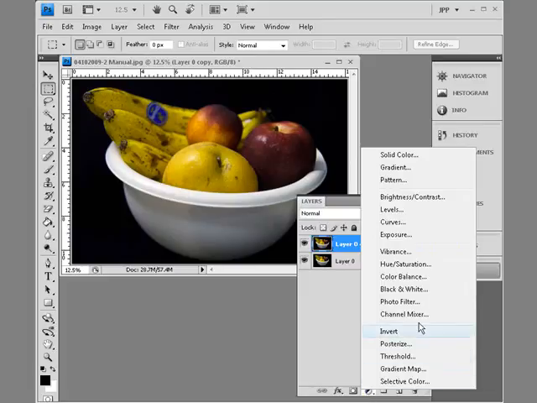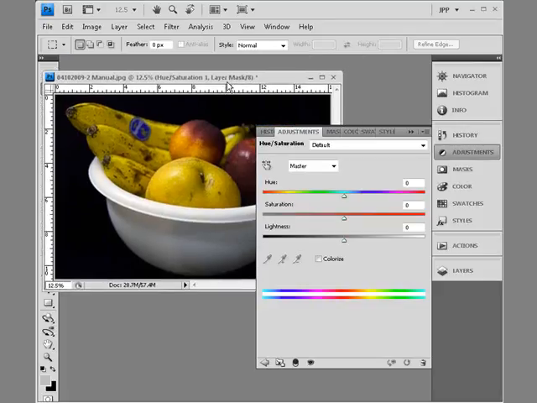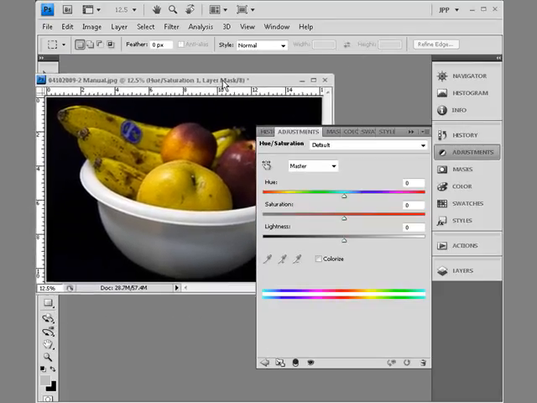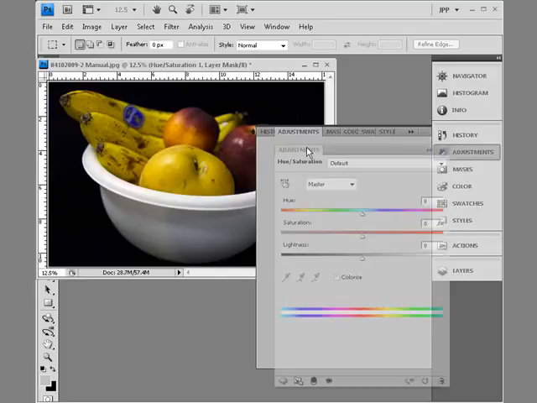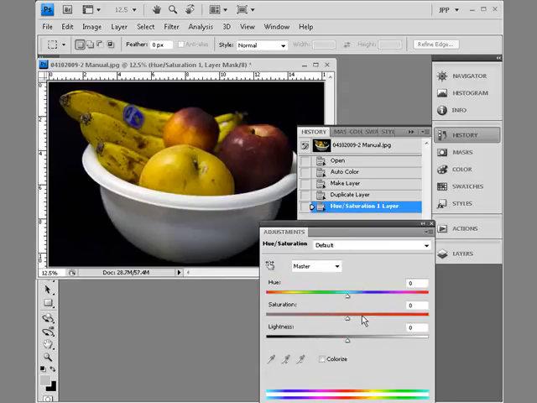Okay, and then once we do that, we'll go ahead and click on Mask Adjustments, and we'll go to this Hue Saturation, and instead of working on the master channel, we're going to go ahead and do each individual channel color. So we'll get started and let's go ahead and move it so we can see the whole photo and the channels. And we'll start with the yellow layer,